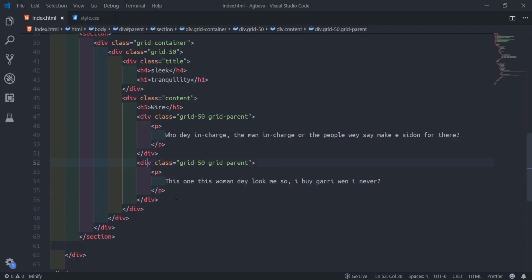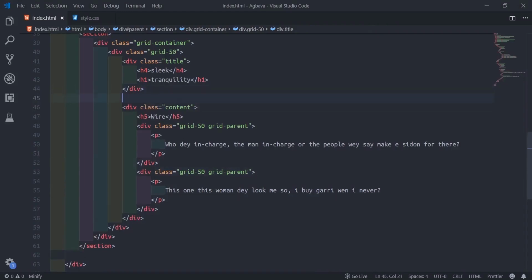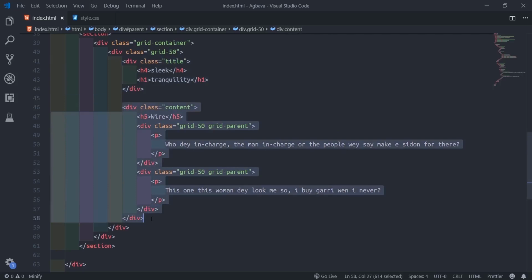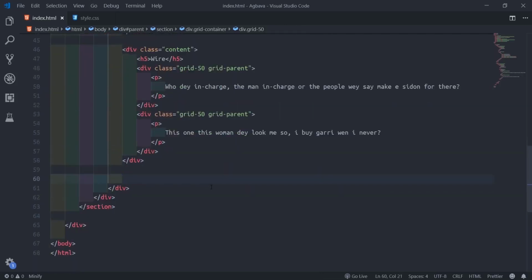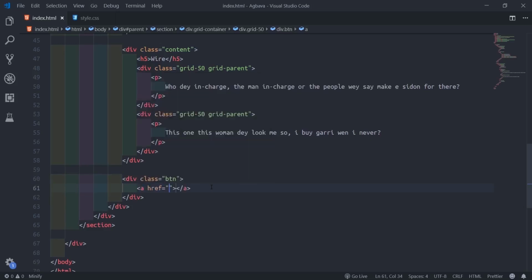So now we also want to enter CSS now. Just style now. So after this content now, so might give them space more than this here. So title, you see then content, now come down now. Then button. So set this button now. I know it's button, I'll just use anchor tag. Then I go style the anchor tag. So this one not go anywhere now. I'll just say hash. Then inside now